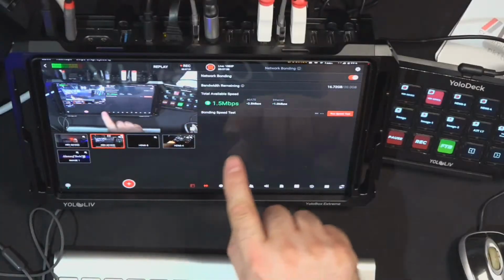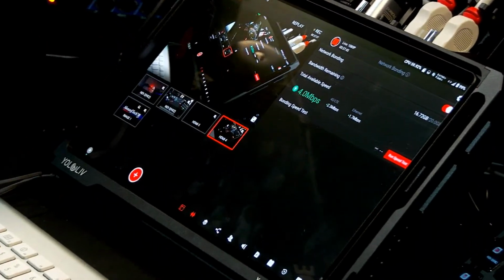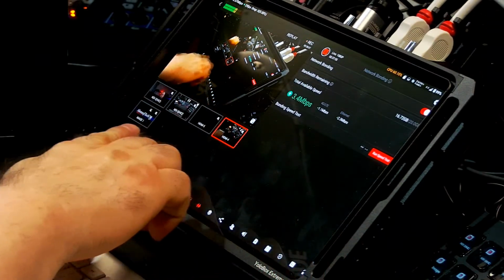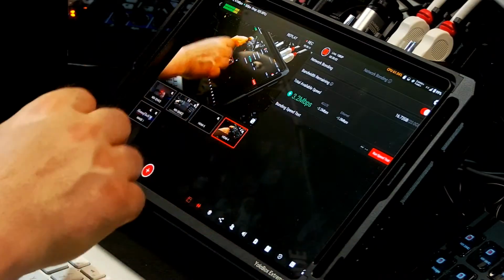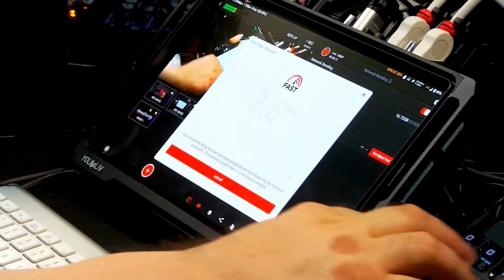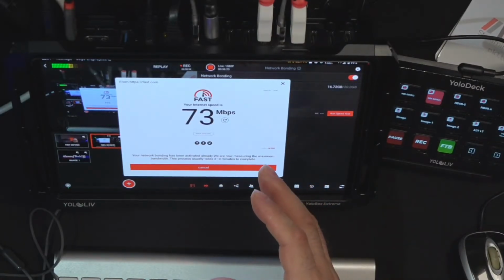And also I am using right now, as you can probably see from the side view, a 4G LTE connection, which is a SIM card that I inserted in the bottom. It's a 4G LTE SIM card that I'm using together with another Wi-Fi 4G 5G connection, and together I'm having this kind of performance, let's see, probably from the top is better. I'm performing a speed test. I have 73 bonded